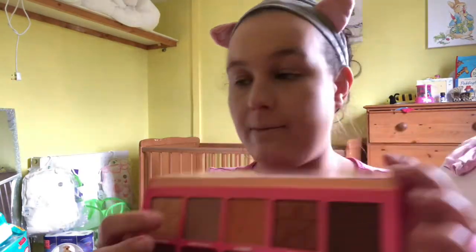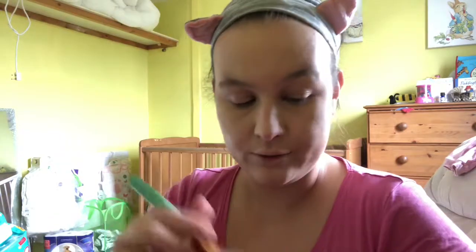Okay, and then for contour, I'm not going to do too much, but I'm going to use my Jeffree Star Androgyny palette, and to contour I use this Safe Word, which is this colour up here. Just use an angled contour brush, and then lightly